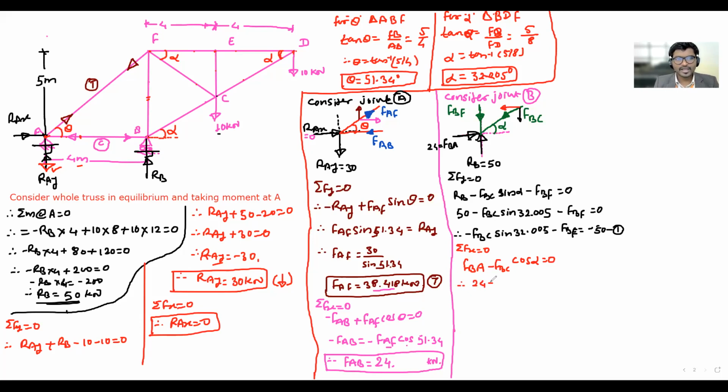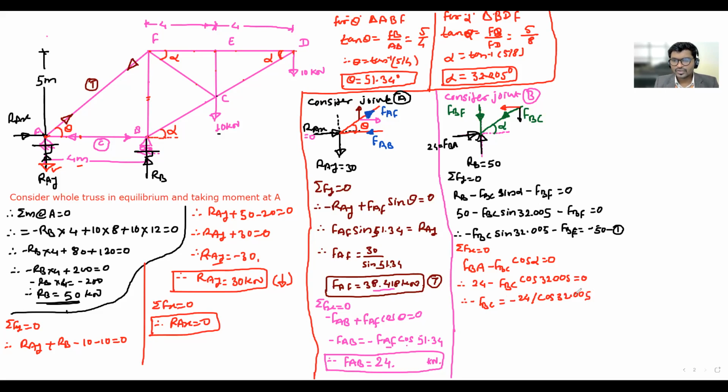Yes, sir. So minus FBC we want to calculate. Cos of alpha, 32.005 equals to 0. Therefore minus FBC is equals to minus 24 divided by cos of